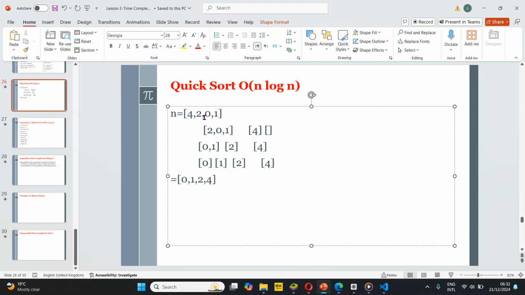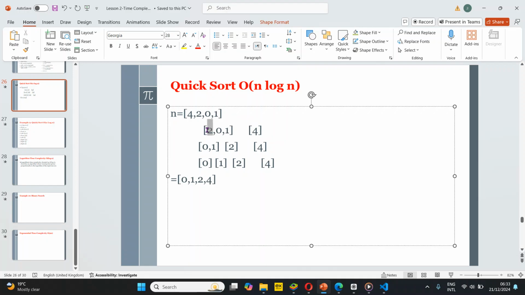You can see that we picked a pivot here. Look at the first one, we pick a pivot which is 4, and every item less than 4 goes to the left, which is this, where we have 2, 0, 1, right, and 4. Now there's no item in the right, so we can leave it blank. Now you can see that this item here is more than one item, right? So that means recursion will be performed here. So that's why we picked